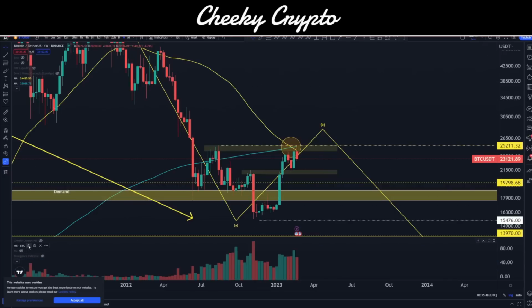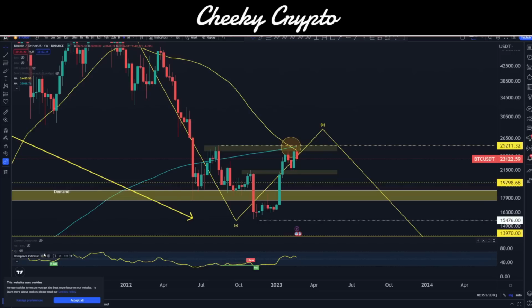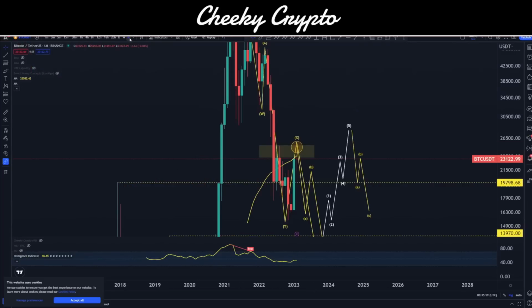We can throw the volumes in. We can see the volumes are not overly impressive. I mean, they're okay. They're not brilliant, though. We've been through that before. The RSI is quite high. We haven't got any divergences on our daily chart. Let me just check to see if there's anything on the weekly. Nothing on the weekly there.